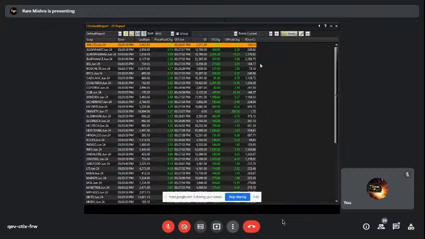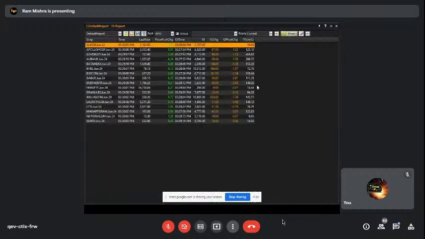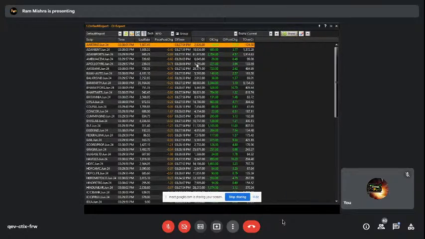So this is the list of the shares which are having a long build up today. In the same way, you can choose price up and OI down. Here the price is increasing, but open interest is decreasing. So these are the shares in which long is unwinding. Similarly, when the price is down and OI is up, this list shows that short build-up is there. In these lists, fresh short build-up has been done.